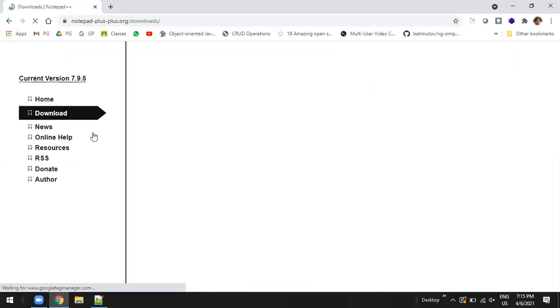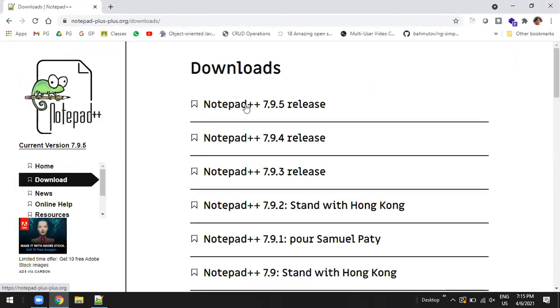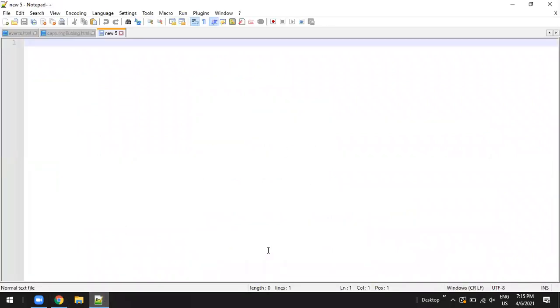Click on it and you will have Notepad++ release 9.7.9.5. Click on it and it will download a file. Then you have to install that file. Once you have installed it, Notepad++ will open up like this.